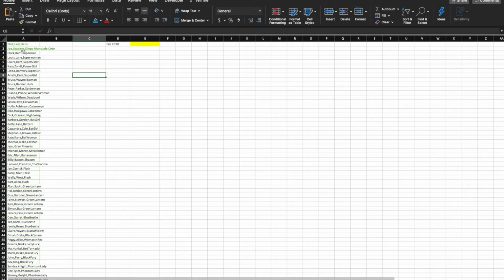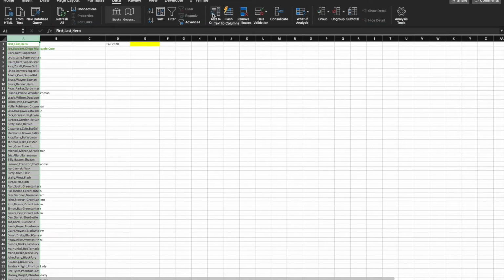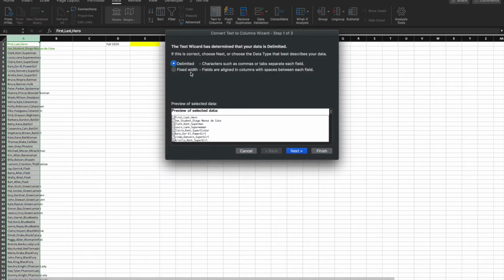So first we want to separate first name, last name, and the hero name into 3 columns. So what we want to do is click here on column A, go to your data ribbon, and click text to columns. So this pops up and we want to select delimited because it says characters such as commas or tabs separate each field, and first, last, and hero name are separated with commas, so we want to keep that one. We click next,